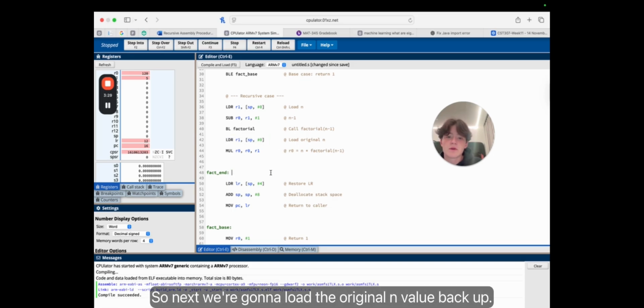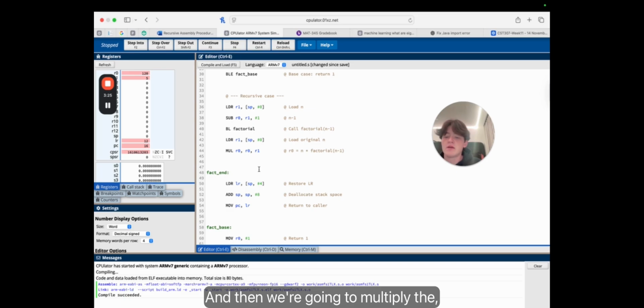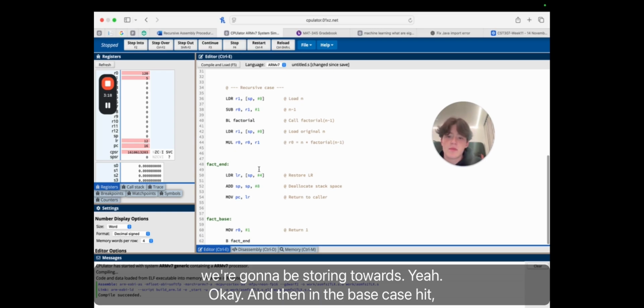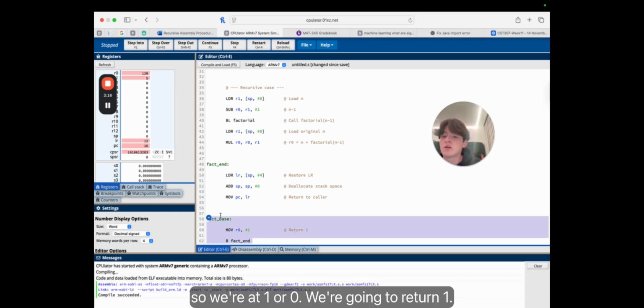So next, we're going to load the original n value back up, and then we're going to multiply the value and the original value together, and that will be our new thing that we're going to be storing towards the end. Okay, and then in the base case hit, so we're at 1 or 0, we're going to return 1,